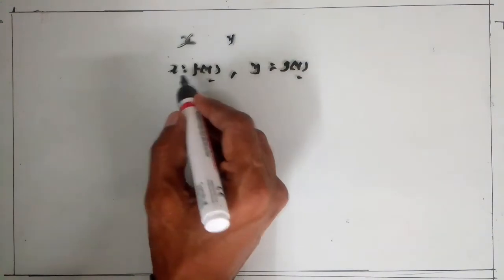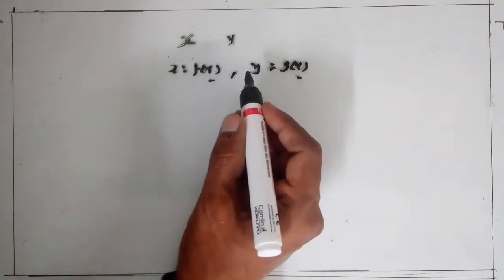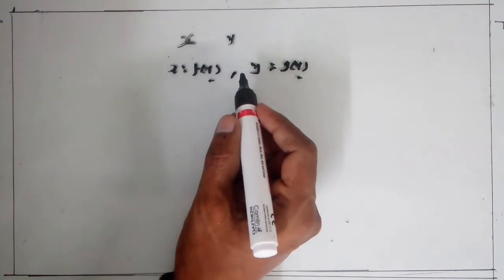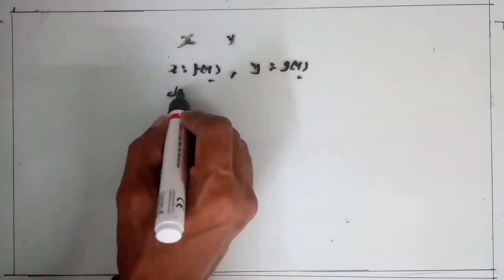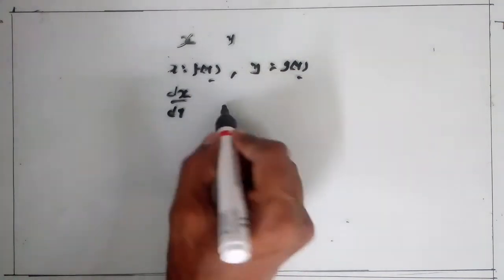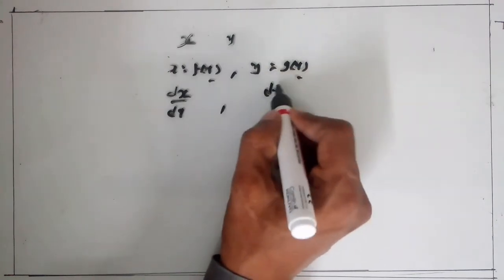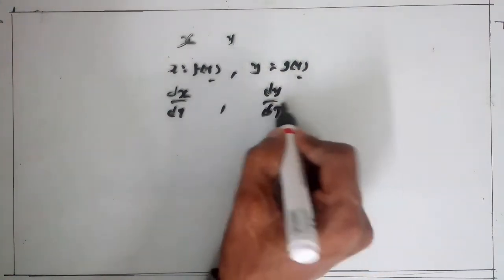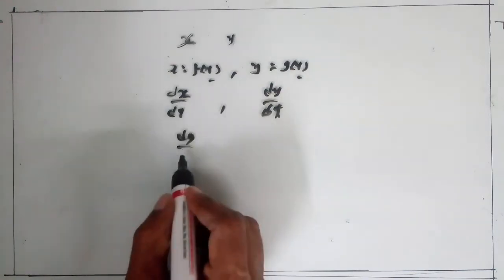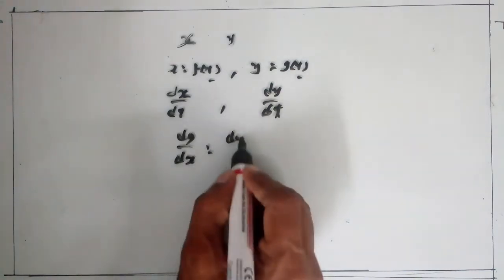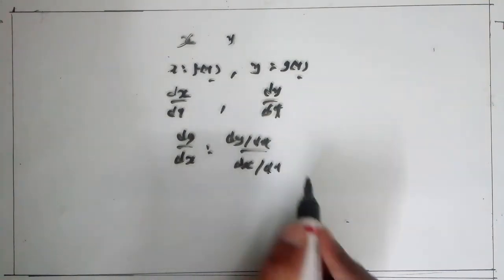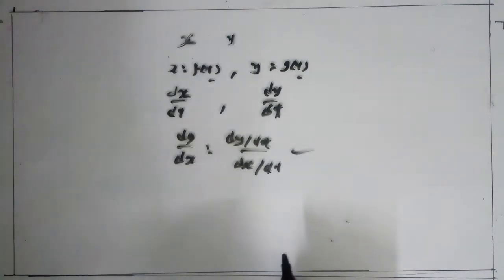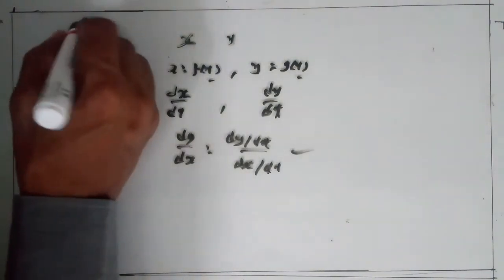In this type of parametric equation, how to get the derivative of y with respect to x, that is dy/dx. First we get the derivative of x with respect to the parameter t, then get the derivative of y with respect to t, the parameter, and get the ratio: dy/dx is equal to (dy/dt) upon (dx/dt). Clear this? And we get dy/dx. Now here we solve some questions of exercise 5.6.